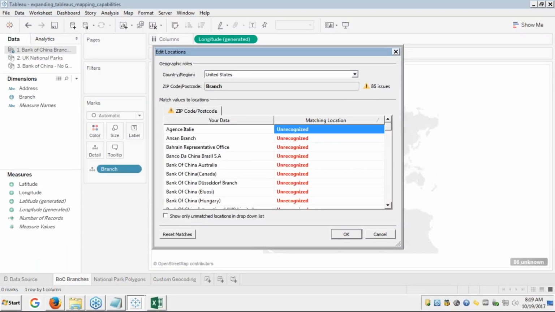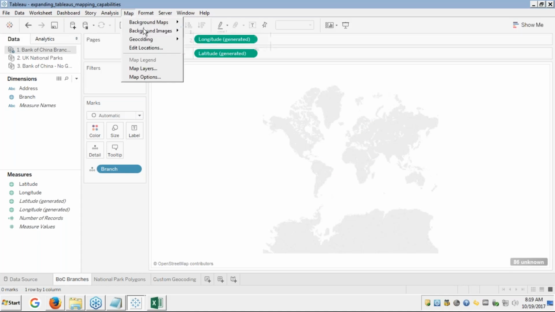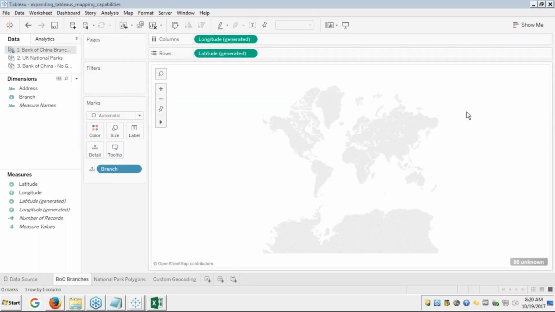If you know the geographical locations, you can basically edit the type of those geographical locations and give that. If I was able to import this particular file, I would be able to assign a geographical role directly from here. Under the background maps, geocoding, I can just go to import and import that particular CSV file into this. After which my,